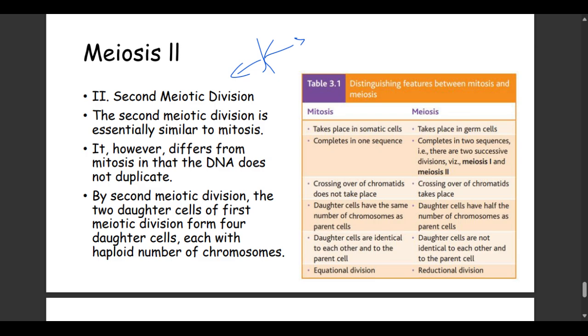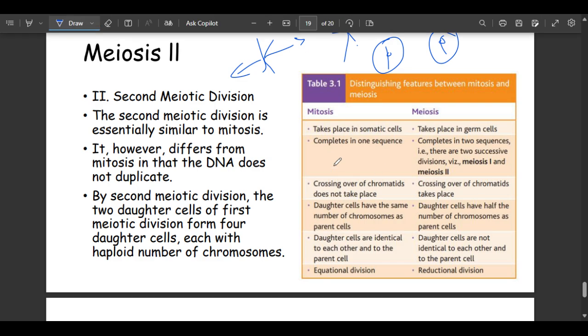Whereas if it's mitosis, these strands are going to duplicate, and once they duplicate, you're going to have double stranded chromosomes, and then these chromosomes are going to separate. That means you're just separating copies of each other. But here, since the copies are not made, you're separating the strands themselves. So at the end of the day, you're having two cells that just have separate strands, that each contain half the number of chromosomes, basically.